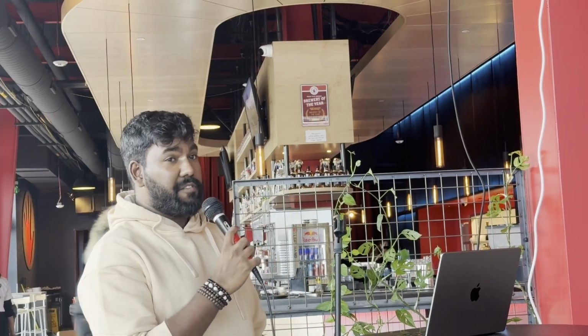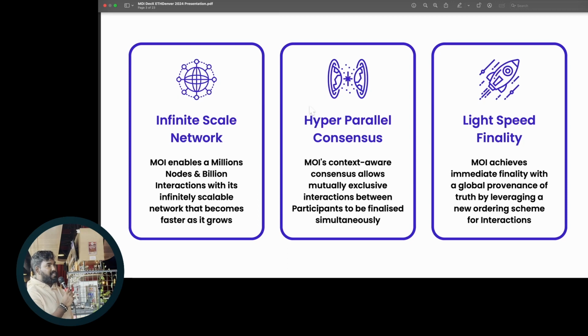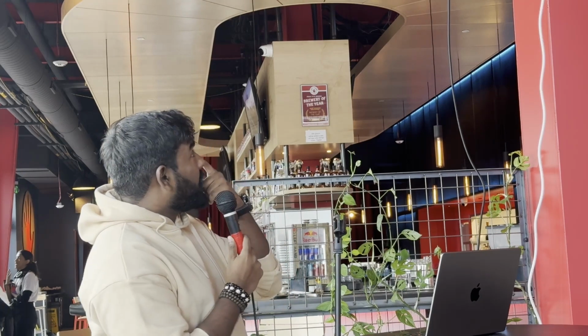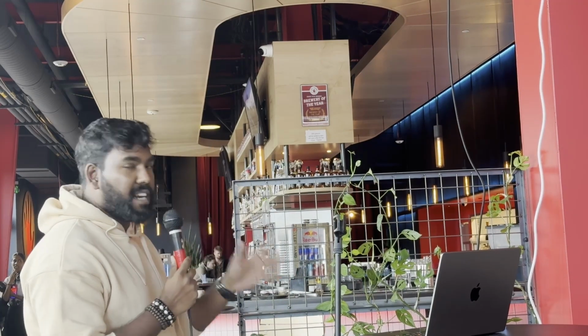As part of this infinite scale network, to really leverage its size, you also have to have hyper-parallel consensus. Consensus does not require everyone in the network to participate in it, and yet you can have the same degree of security, right? In the same way that me transferring a real $50 note to someone is as valid as me doing it in front of 100 people, or if I do it in a private room, that transfer is real. It is constrained by the laws of physics, right? The note actually moved from my pocket to his. You cannot lie about that, right? This protocol allows us to do that too, and I'll break down how that happens.